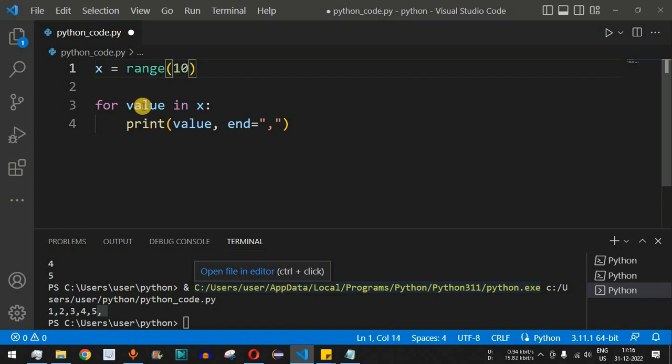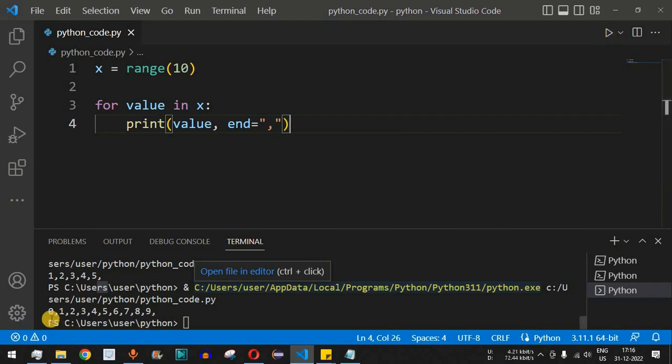So what is happening is, the list of 10 numbers over here is getting assigned to the variable x over here, starting from the number 0 up to the number 9. So over here we will be seeing all the numbers starting from 0 up to 9. The last number, that is 10, is excluded from the list. So if we simply save this file and try running this code now, we will get these numbers, that is 0, 1, 2, 3, 4, 5, 6, 7, 8, 9.